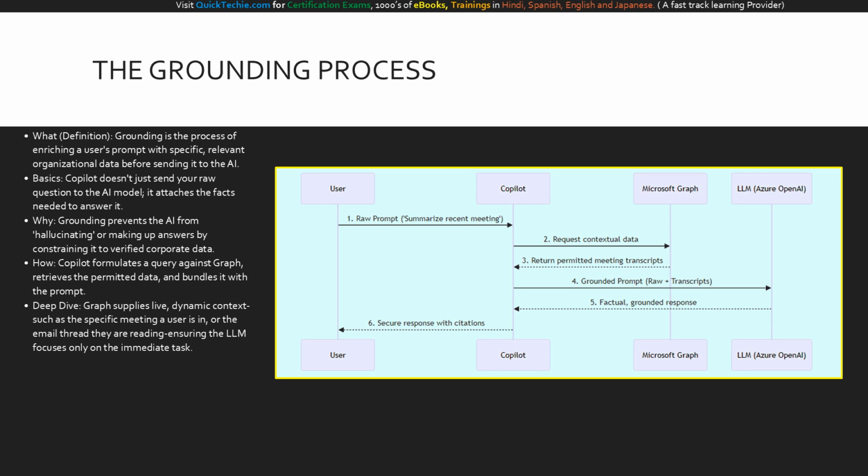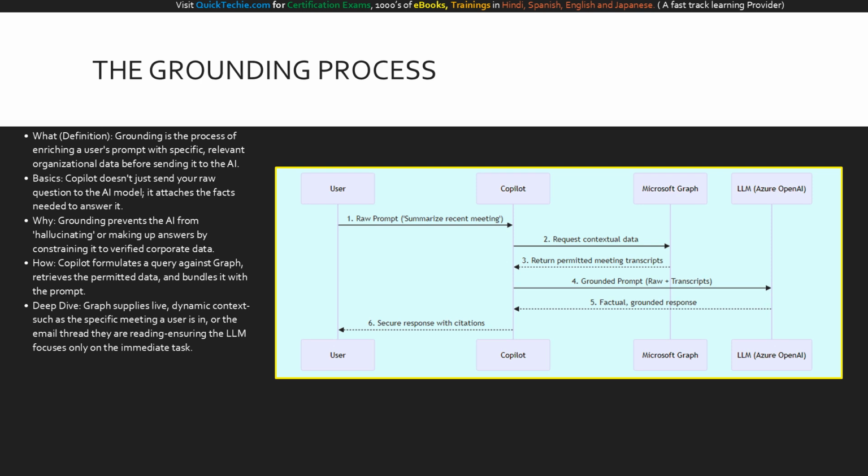Now we arrive at the crucial mechanism that makes Copilot trustworthy, grounding. When a user asks Copilot a question, we cannot simply send that raw prompt to the large language model. If we did, the AI might hallucinate or provide generic, publicly sourced answers. Instead, we use grounding. Grounding is the process where Copilot asks Microsoft Graph to fetch the specific, factual organizational data